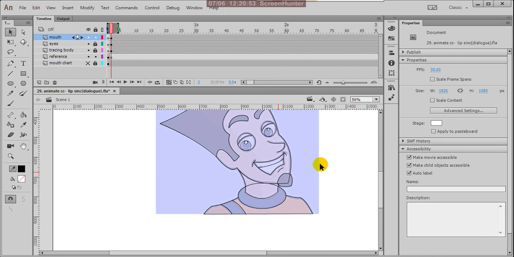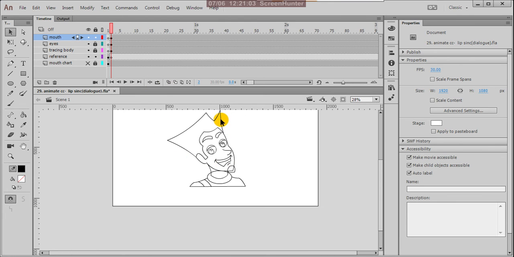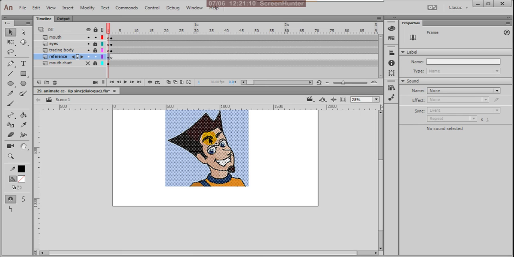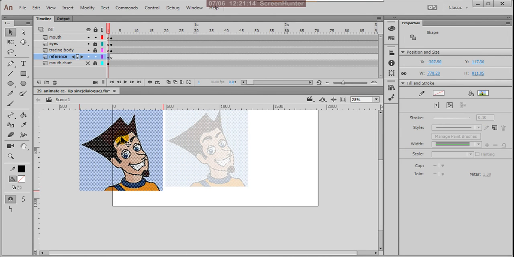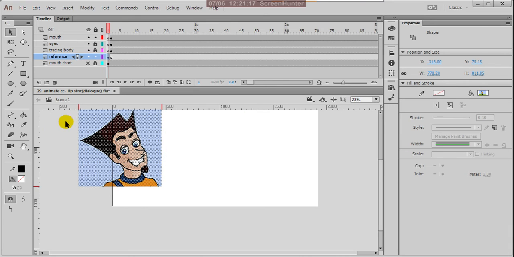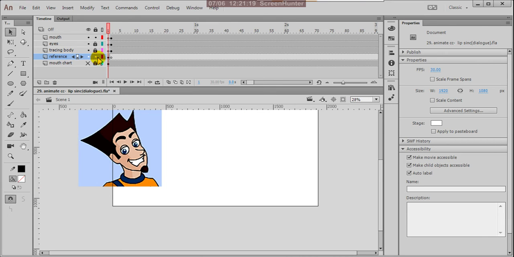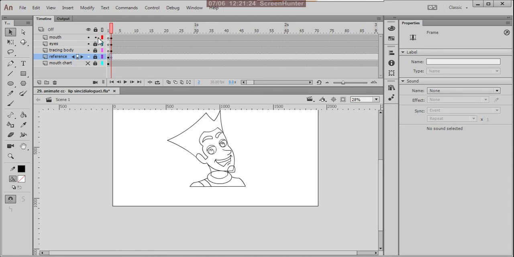Okay, so the mouth is separated. Now what we do, check, this is a drawing. So now your reference drawing, select this reference drawing, okay, and keep this side. And lock this, come here and try to fill colors.